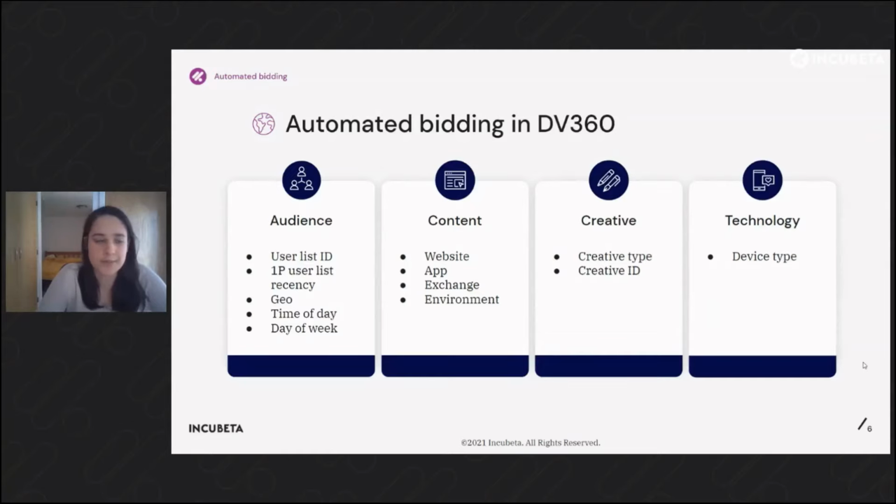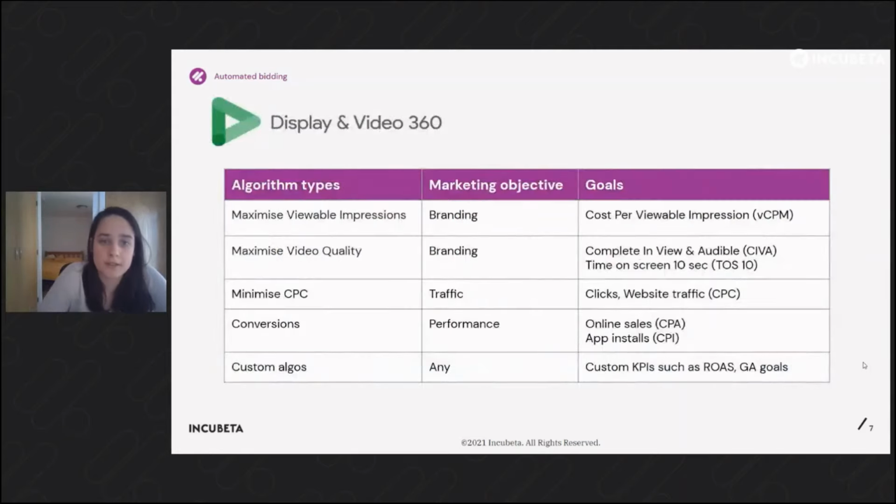The signals the algorithms present in DV360 use are from audience, so things like user list IDs or where your audience is or what day of the week it is. They're also on the content that your users are reading, such as website or an app, creative signals as well, and finally what kind of device they are using. There's quite a few algorithms for you to pick from in DV360, so let's just have a quick look at